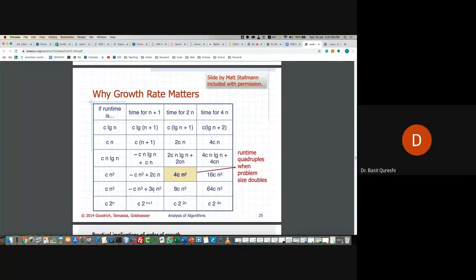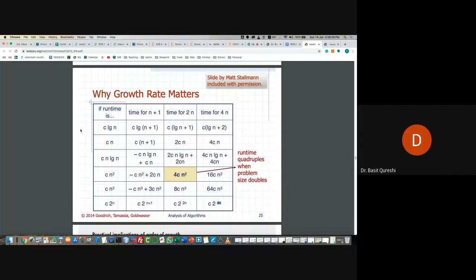And the worst one, look at the worst one, which is exponential time. Even if you put just one more value, n+1, you're going to get c to the power n+1, which would be a big difference. But for a larger value like 4n, look what happens. C to the power 4n. This is going to be significantly larger than the original value over here. So this is just to explain